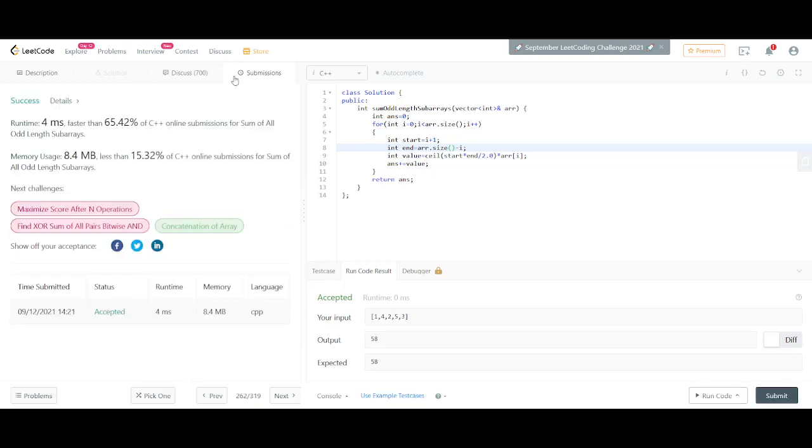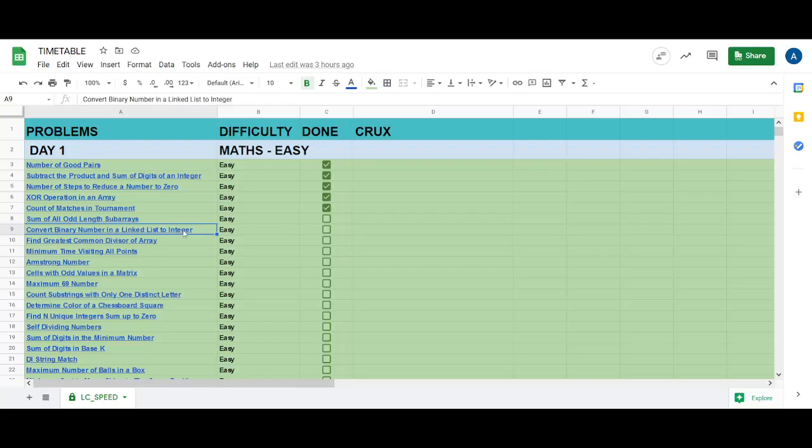And yeah, so it's being accepted, and this was the complete solution of this question. I think this is a good question. You can just keep track of this question: why is ceil division necessary? Because when the number of elements in the array is even,